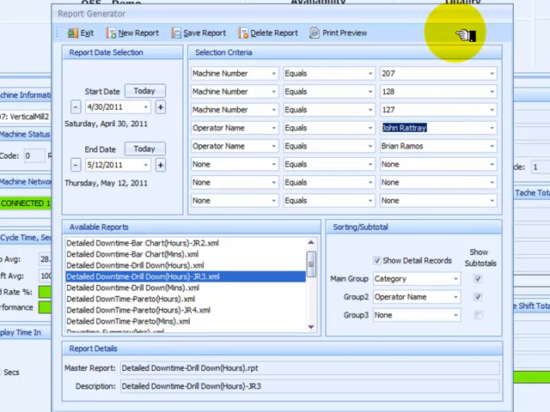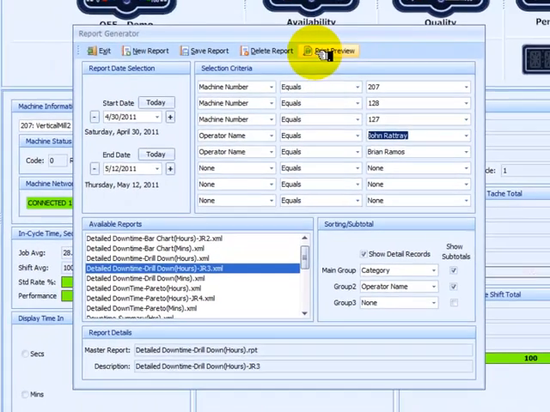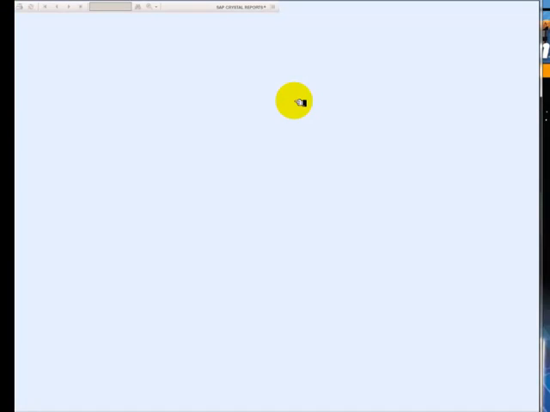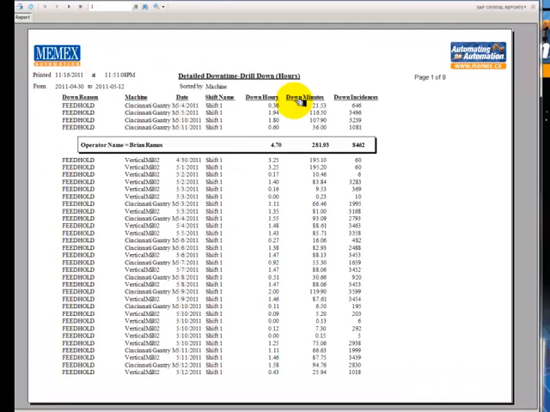So, just to run it, let's do a print preview, and we can actually print this particular report. We're seeing here that we now have a detailed runtime report. It's 8 pages long. We can see that we're running a particular report, and it's under feed hold, Cincinnati